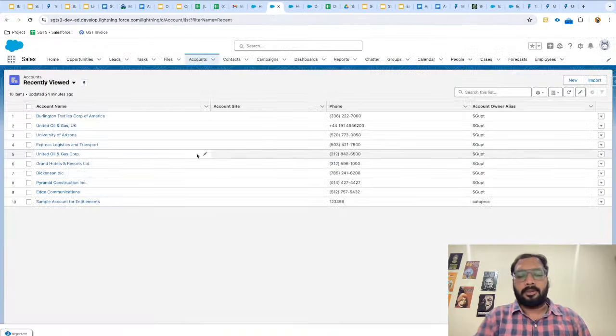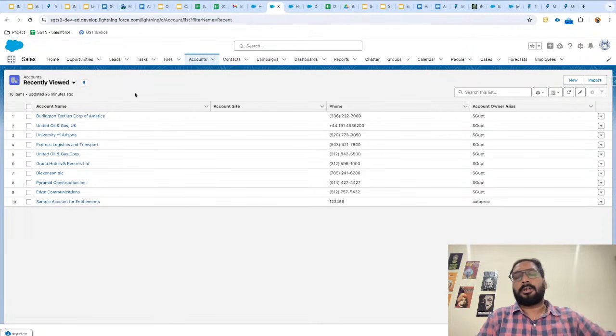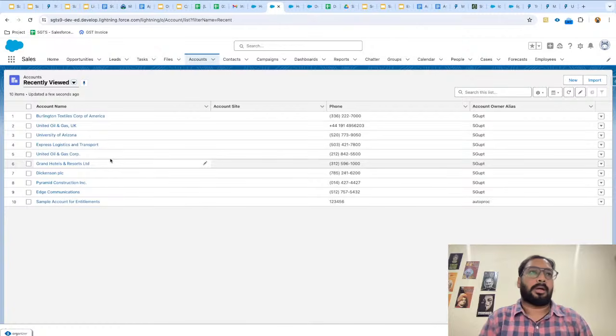Now, what is the difference between these two? Like how the sales application works and how the sales console works. If you focus on this sales application only, on top we have all the tabs. If you click on any tab, right now I already opened the accounts tab, you will be able to see all the records which are related to account.